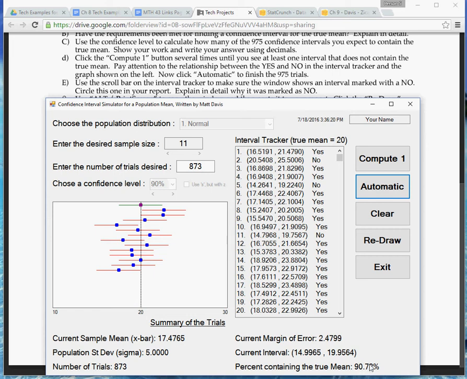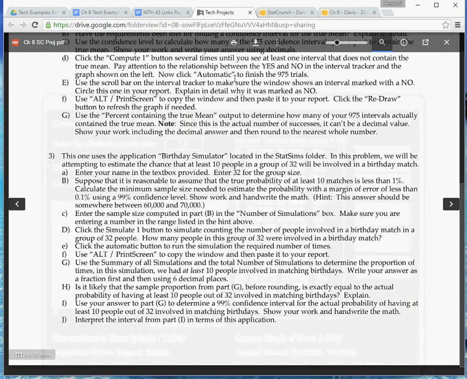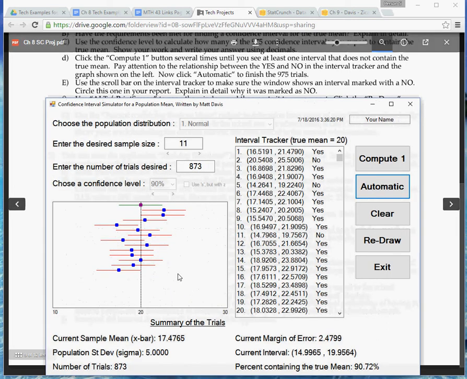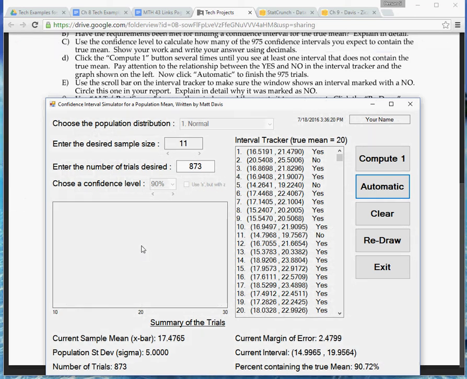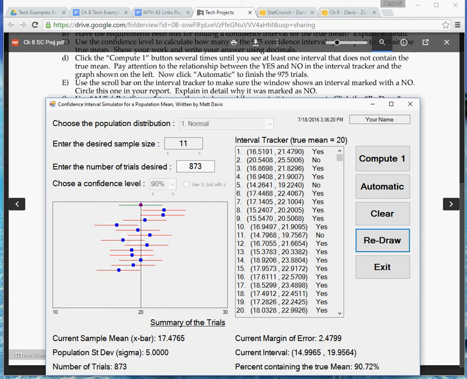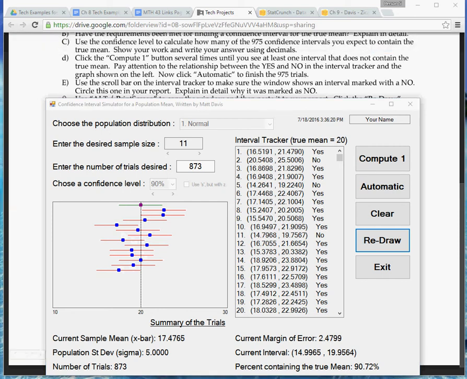90.72%. So first thing we're going to do is get a screen capture of this. Let me just click up here to see what it says. So use Alt Print Screen to capture the window, and then click Redraw if your graph disappears. So we do know that if we click Alt Print Screen, generally we have that happen. So there's a Redraw button to get that back. Even though it does say to use Alt Print Screen, I would suggest that you go ahead and go with